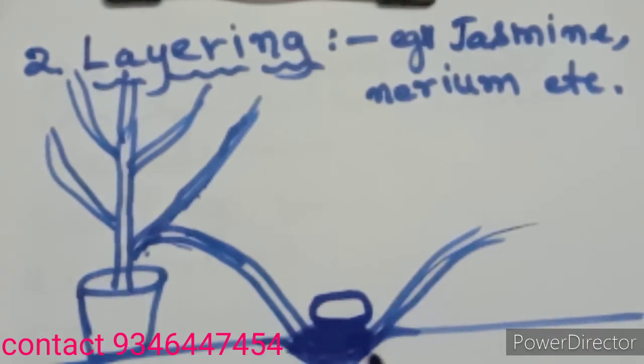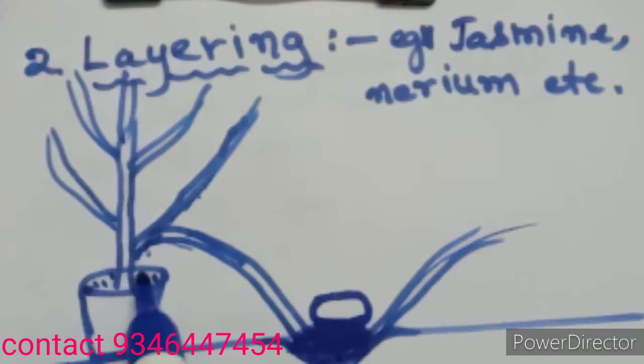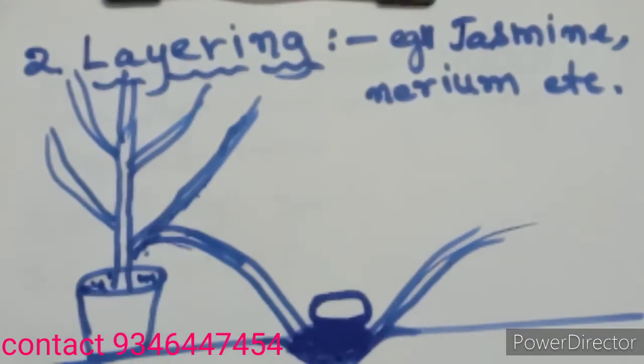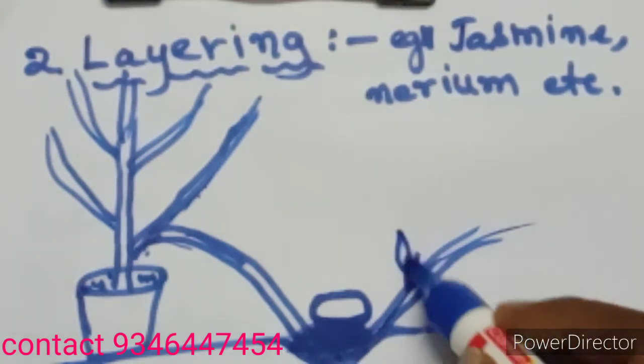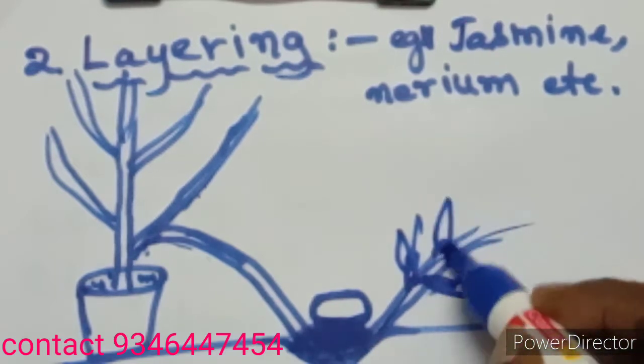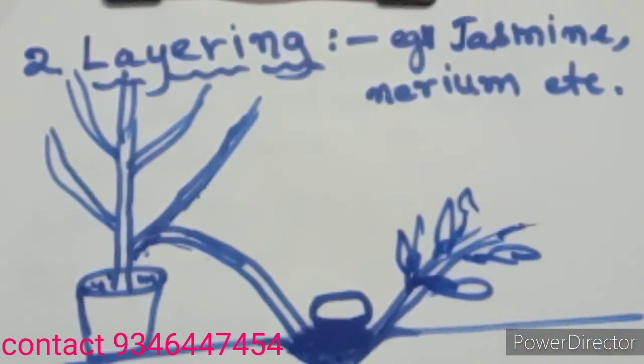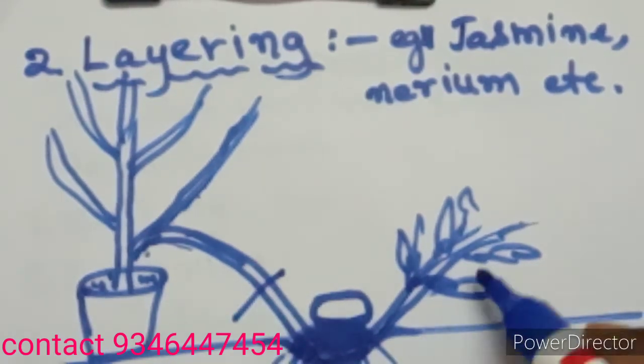Now water is given regularly to this part and to this potted plant also. After some time, maybe 15 days or 20 days, this part of the plant starts to produce new leaves, then flowers, everything. Why? Because from this part of the stem, roots are initiated, and then it grows. Even when we cut off this stem here, it can grow as a separate plant also.